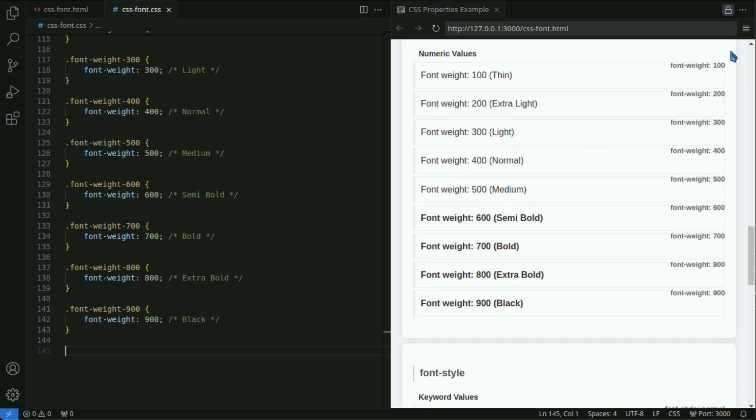Font weight can also be specified as a number, ranging from 100 to 900. Smaller numbers result in thinner text, and larger numbers result in bolder text. Usually, font families support a range of specific thicknesses, but not all numbers are available for all fonts.